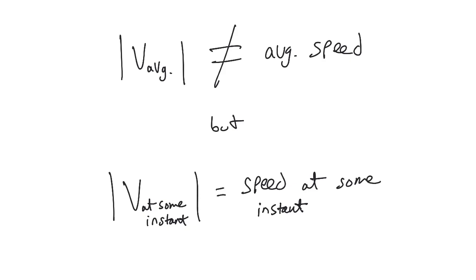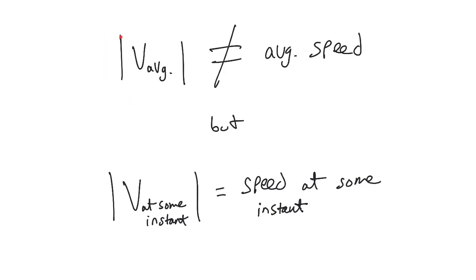All right, let's wrap this video up, and hopefully you can see just from our last example that if you were to take the absolute value of the average velocity, it does not equal the average speed at all. So there would be the absolute value of 0.33. That does not equal the number 2.